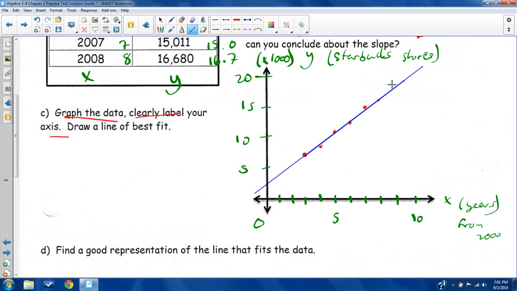What you want to do, though, when you do this, is try to get your line to pass through at least 2 of your points. I'll explain why when we do these next. It says find a good representation. You want it to pass through 2 points if you can. But this line represents these points. It's a nice fit. It doesn't exactly go through every point, but